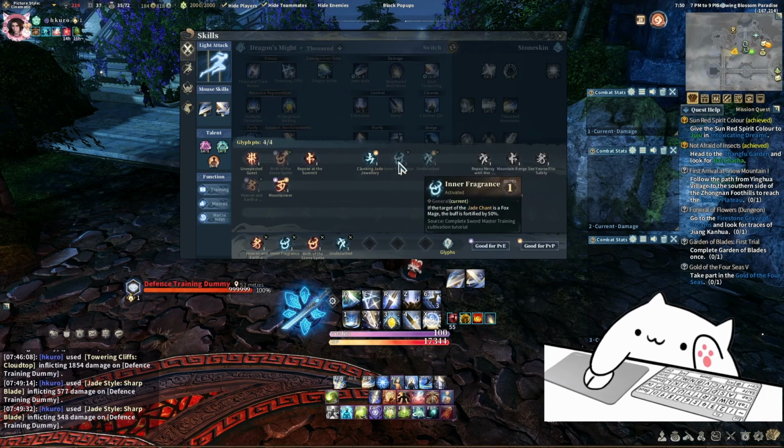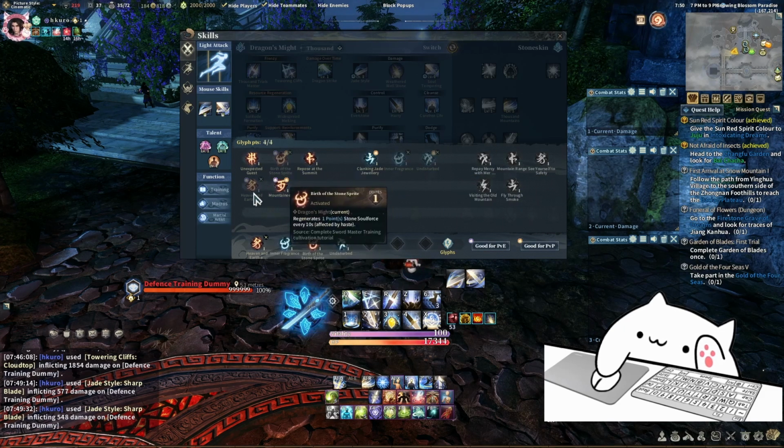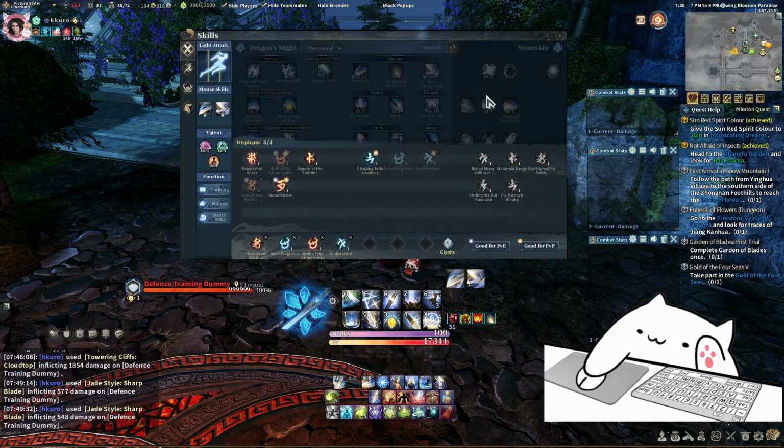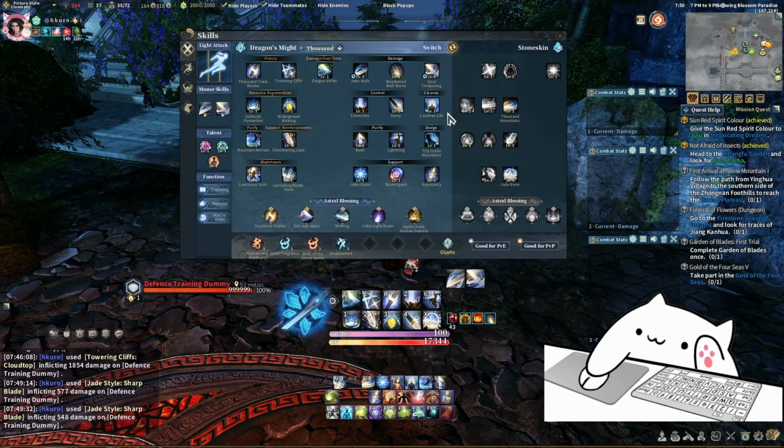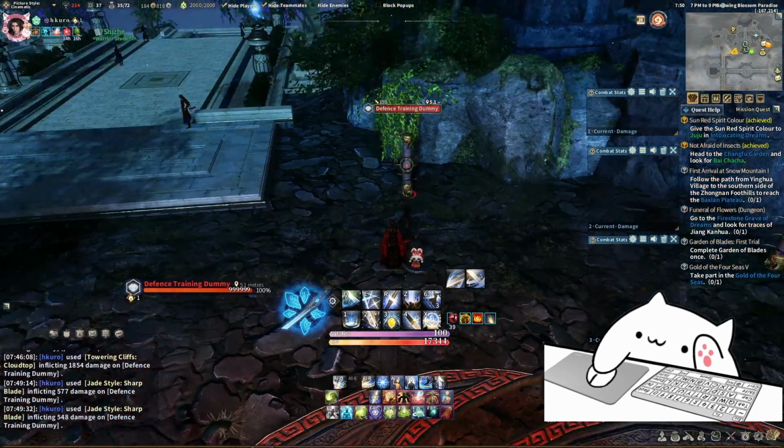And this is the Glyph that I recommend to get. These two, and then this is just to increase Force Mage buff for Jade Chant, and that's it. Okay, I will get on to the,